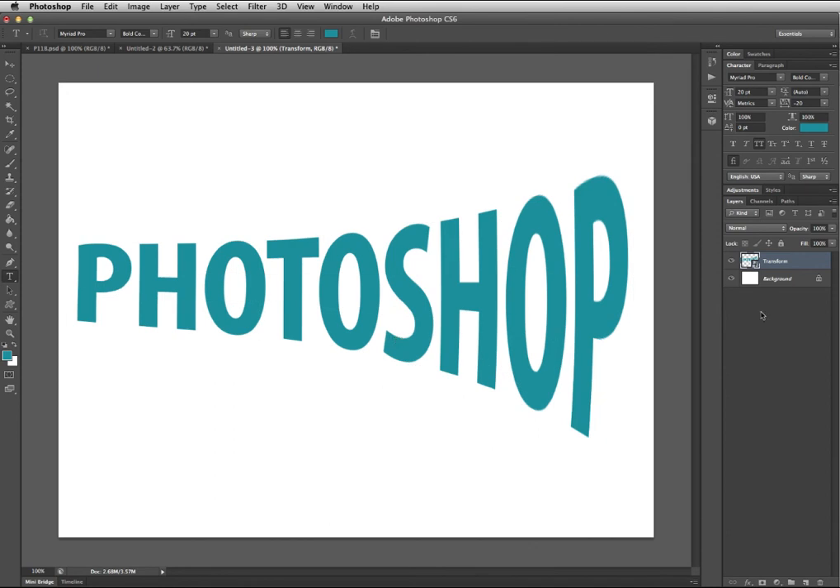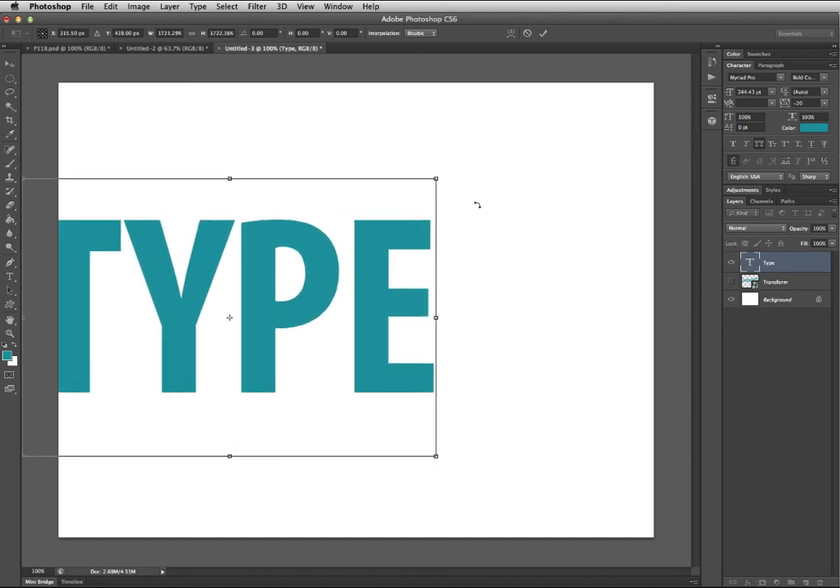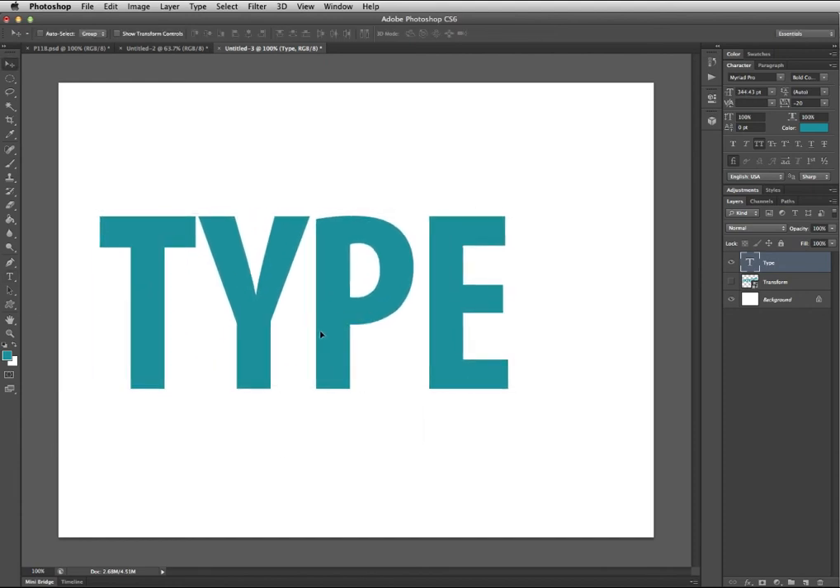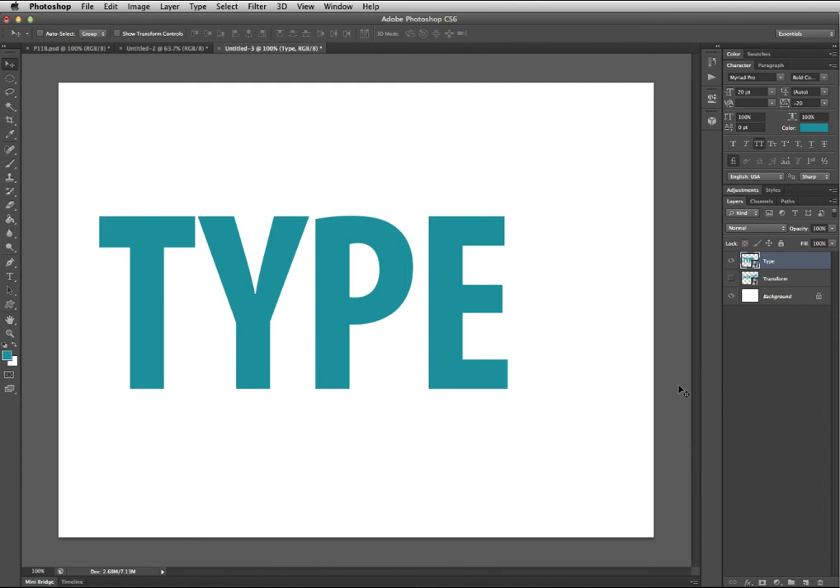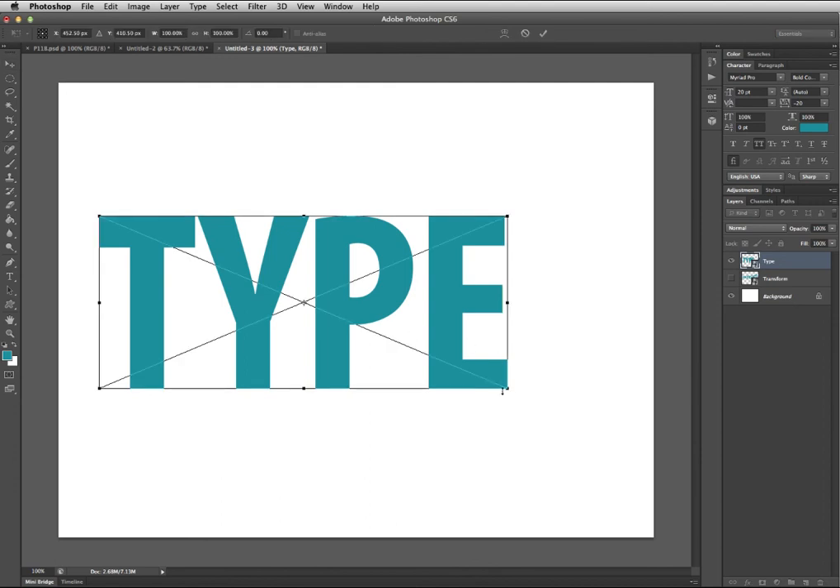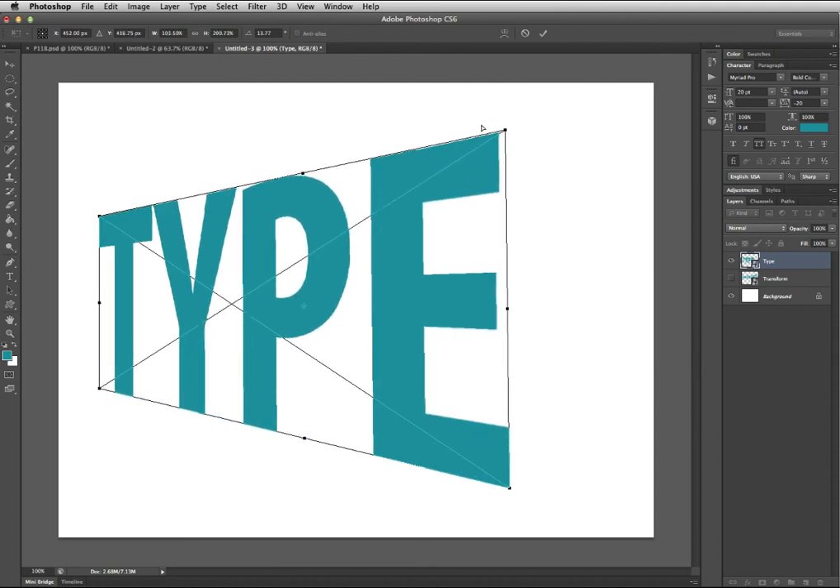Something to know about this function, however, is you get best results if you start with large type and make that into a smart object. So walking through it again real quickly, create a type layer, make it a good bit larger than you want your final to be, not hugely larger, but significantly larger. Right click on the layer and choose Convert to Smart Object, and then you can transform, Command T, and do all the fun transforms that you want to it. And when you hit enter,